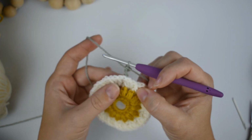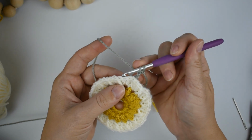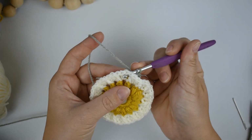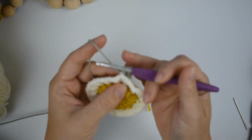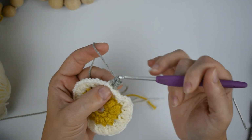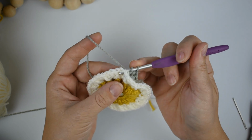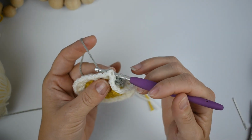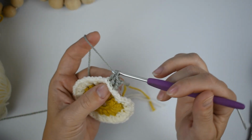Okay, then we're going to make a back post double around each stitch around. So yarn over, insert from back to front to back again, pull up a loop, yarn over, pull through 2, then yarn over, pull through 2. Yarn over, insert from back to front to back, pull up a loop, yarn over, pull through 2, yarn over,